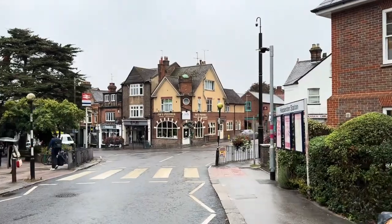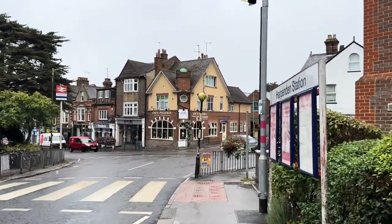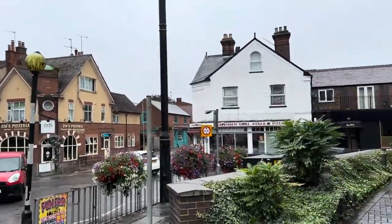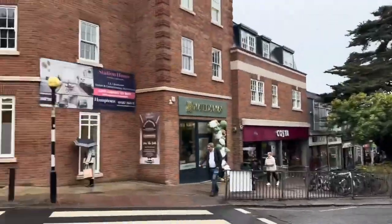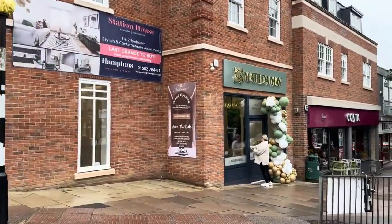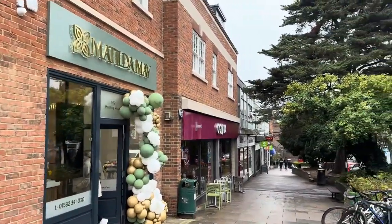It's also quite rural once you get outside the town itself, so therefore is quite nice for going for some walks. So I decided to have a little look where I could walk to today. I've just got off a train here at Harpenden railway station, and I'm going to go and head into the town, pick up a coffee and then head off on a walk, which is called a 5-mile